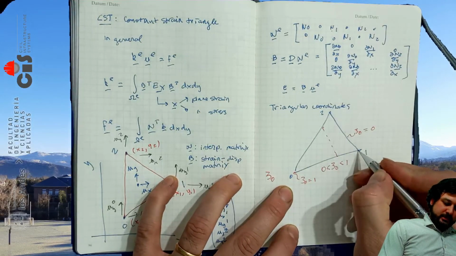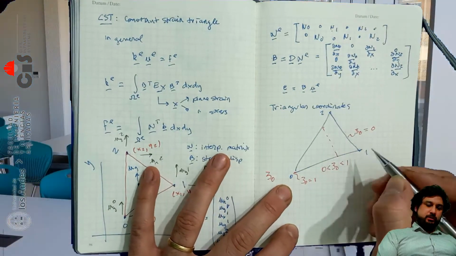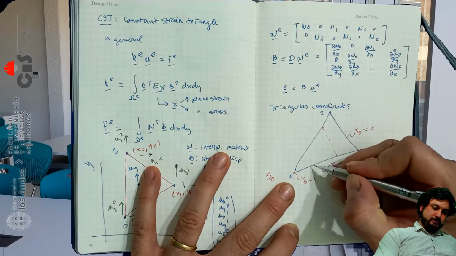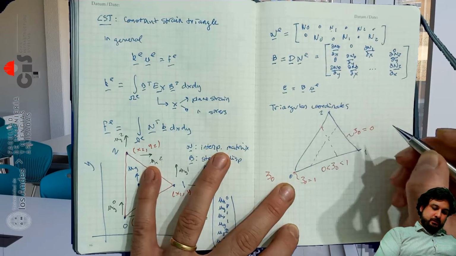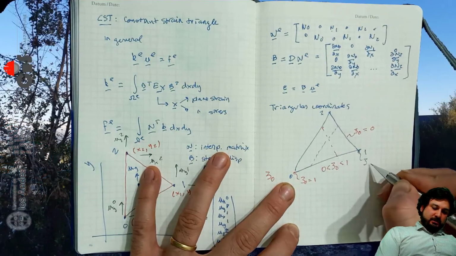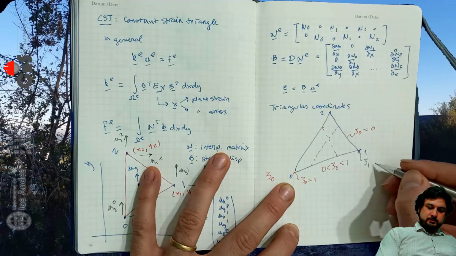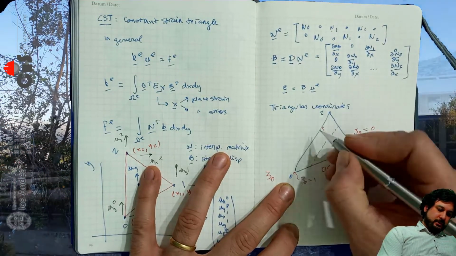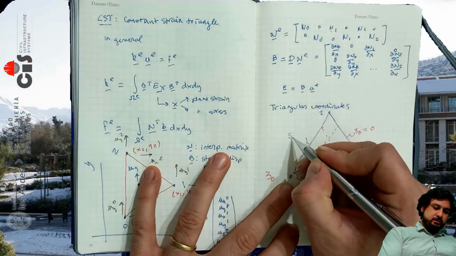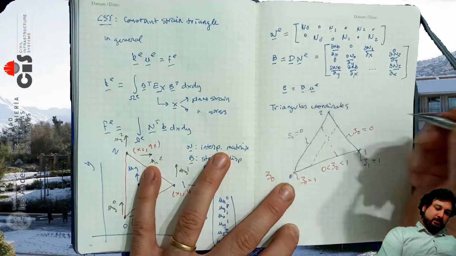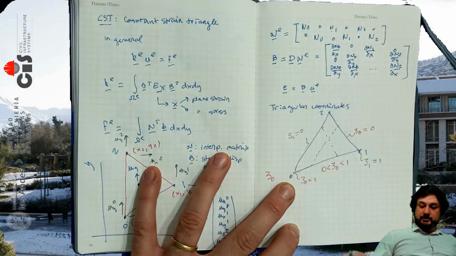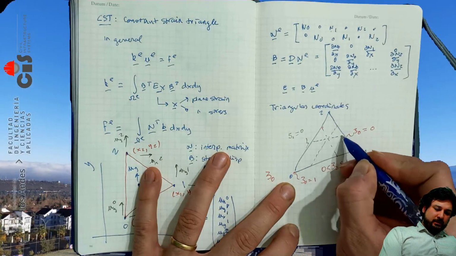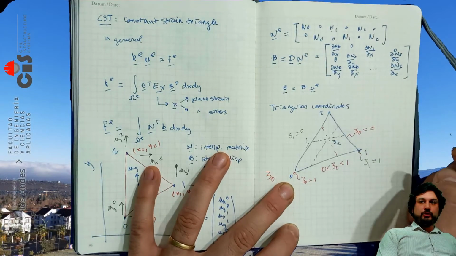The coordinate zeta 1 is going to be defined likewise. So we're going to have lines that are parallel to side 0, 2. So they look like this. And they're going to be such that zeta 1 is going to be 1 at the node over there. And at this side, zeta 1 is going to be 0. And you're going to have values in between. And finally, we're going to have a zeta 2 coordinate